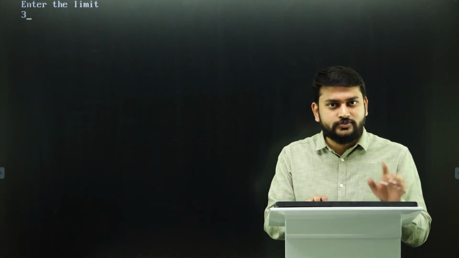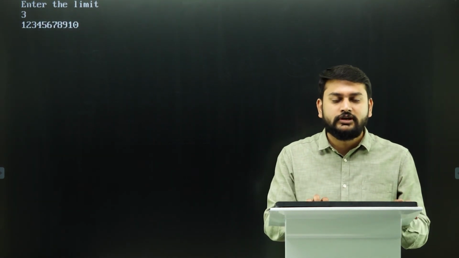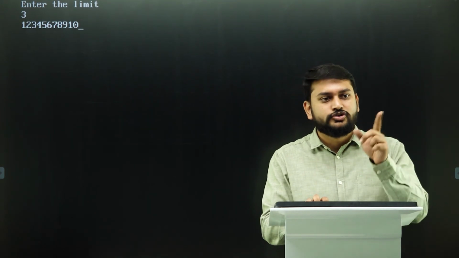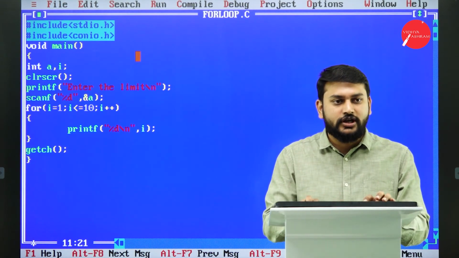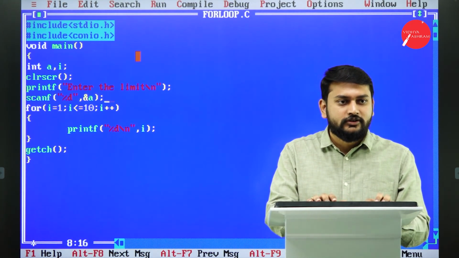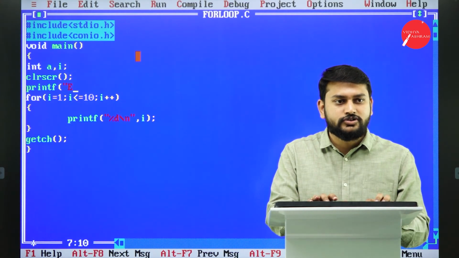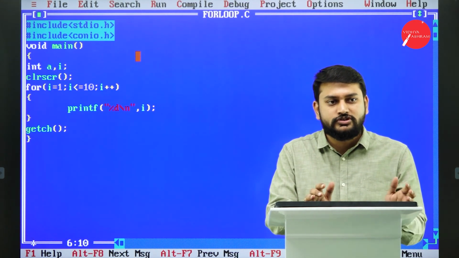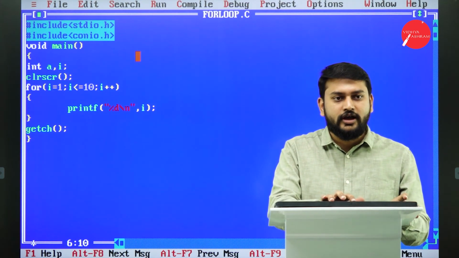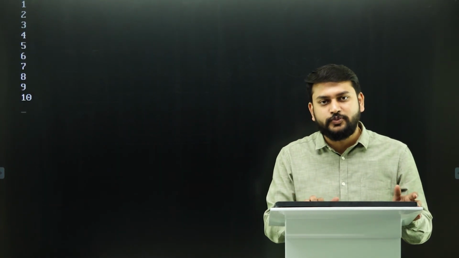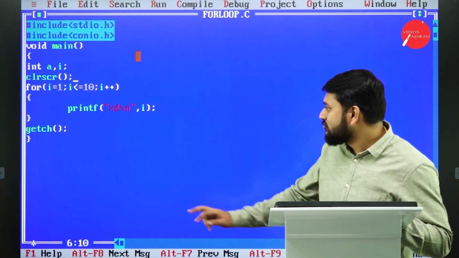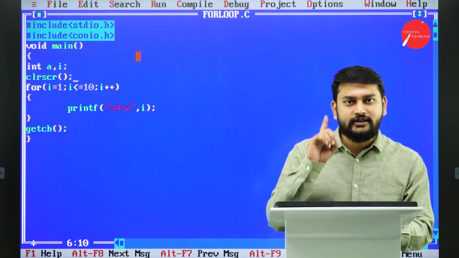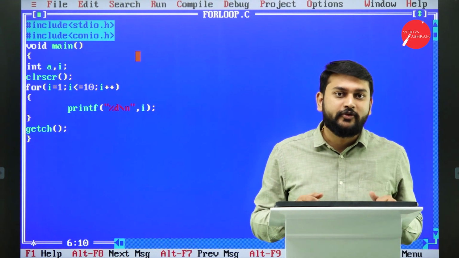Please observe I value. It is running 1, 2, 3, 4, 5, 6 till 10. It should come in the next line, so I'll show you how to do it. Here I will give /n. Let me just remove this limit so that you will not have any doubts. As soon as you run this program, user is not entering anything. So you will get the I value, right? Let me check. 1, 2, 3, 4, 5 till 10, it's printing. That's what you need to observe, how exactly the for loop is working. The same statement is printing again and again until the condition is satisfied. That's all you need to remember with respect to the for loop.